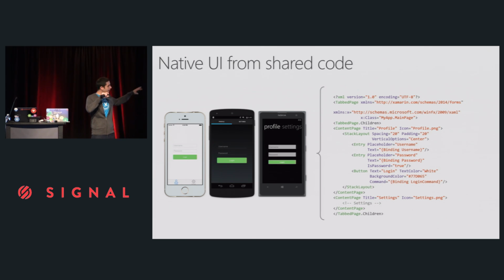But we're getting the exact same styles that you would expect on Android and iOS and Windows because it's laying down the native controls. Even though you're coding against the Xamarin Forms button, it's still laying down a UI button, an Android widget, and a XAML control over on Windows. So it's the native user interfaces that your users expect.